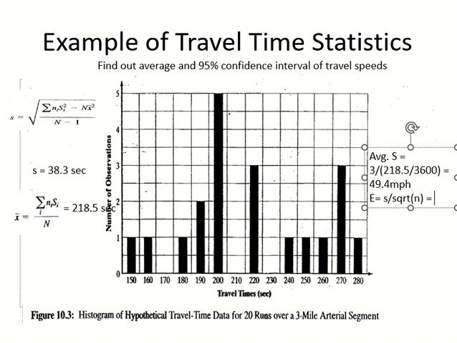38.3 divided by square root of 20. Okay, now give me the 95% confidence interval for time. So it will be 218.5